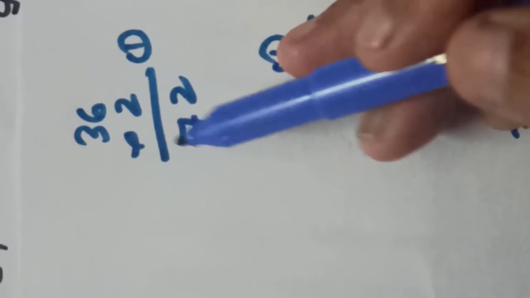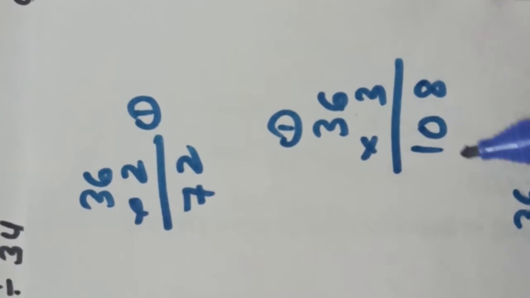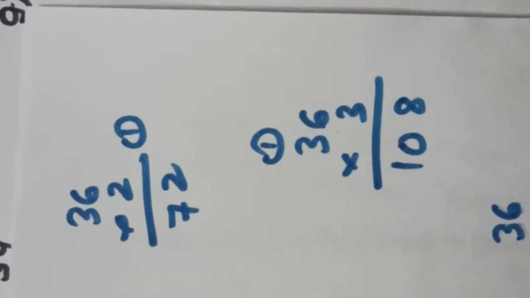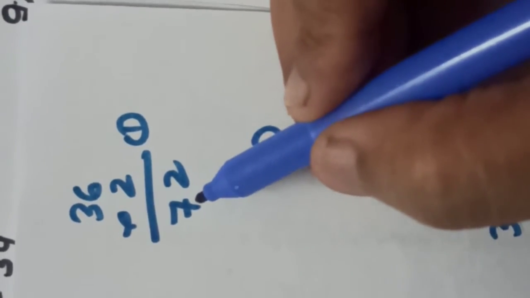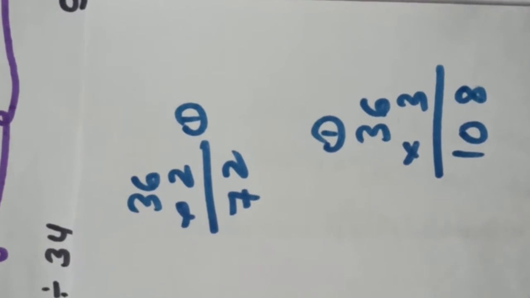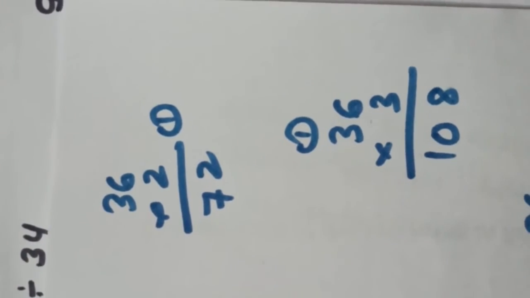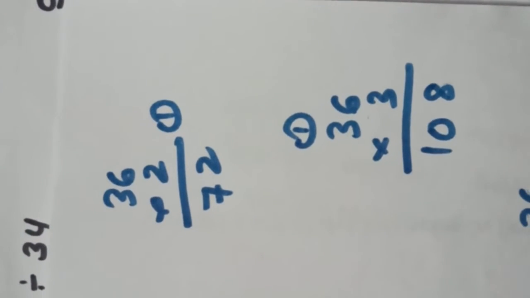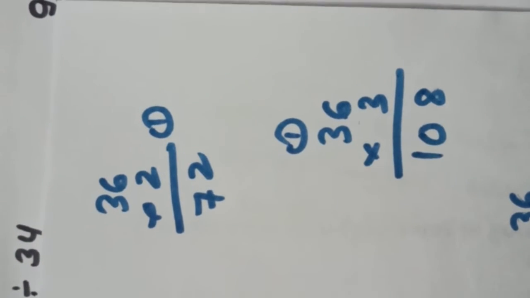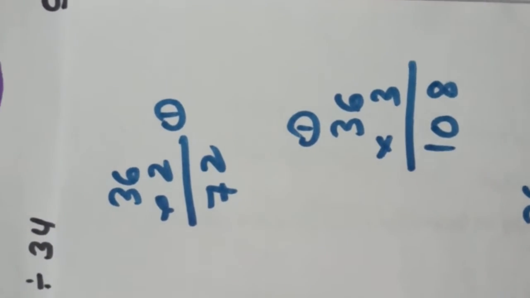Okay. 36 ones we already know, right? 36 twos, this is how we will multiply it. 36 twos are 72 and 36 threes are 108. So it means to divide 88 we can take 72, right? It means 36 twos are 72. Let us subtract it. 8 minus 2 will give us 6 and 7 subtracted from 8 will give us 1. Then we will take this 8 over here.